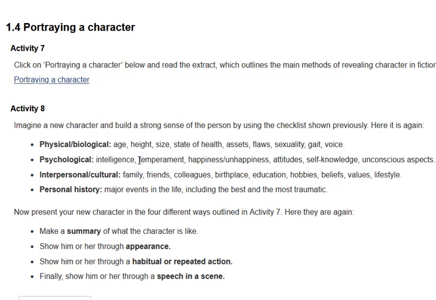And so you're going to be analyzing stories in which, for instance, like The Yellow Wallpaper, the husband, I think, is static, doesn't change, and the wife is the round, dynamic character that evolves, changes, and goes insane. And so when the writer created those two characters, the author had to think about the age, the height, the size, the state of health.